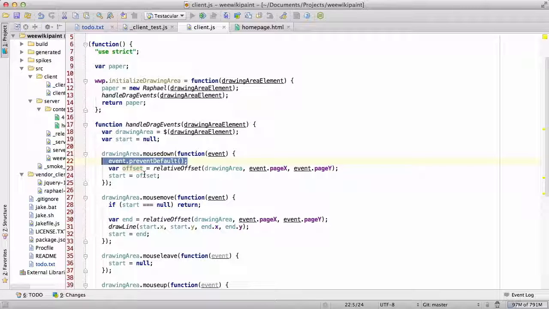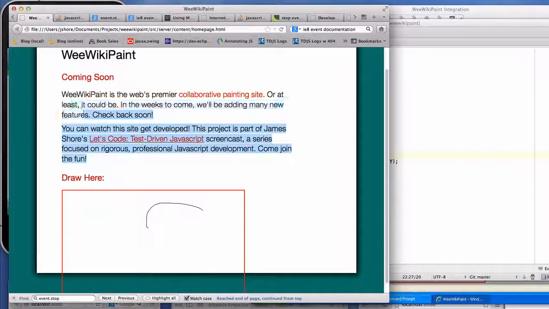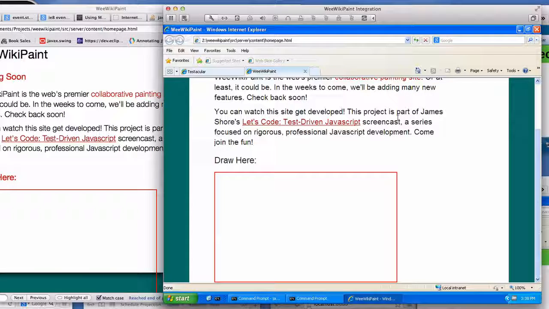Last episode, I started out trying to solve it by saying prevent propagation, but actually preventing propagation and preventing the default browser behavior are two different things. So we say event.preventDefault, that prevents the default browser behavior, and it doesn't select. Except, of course, IE8 doesn't support that method. So